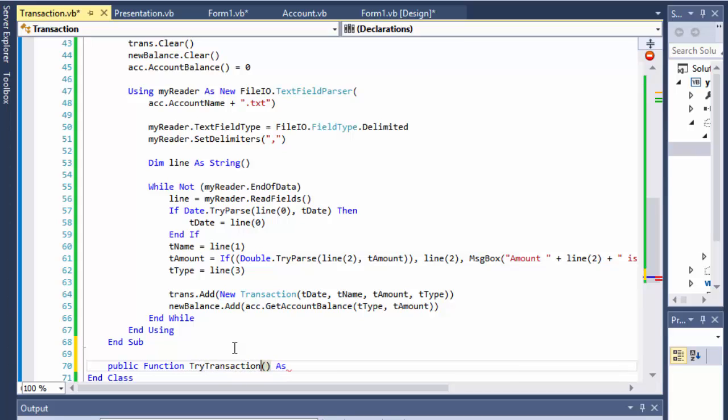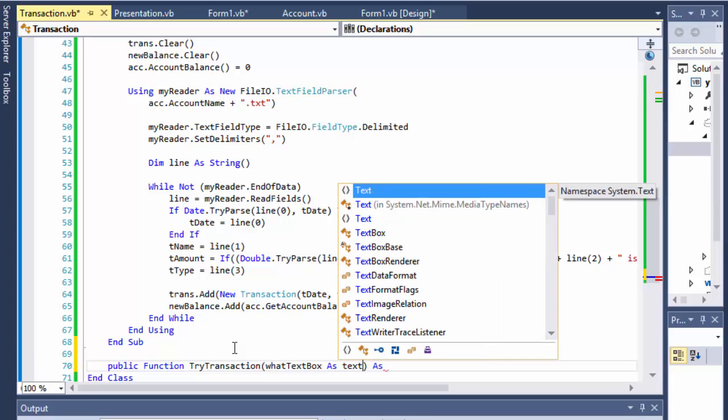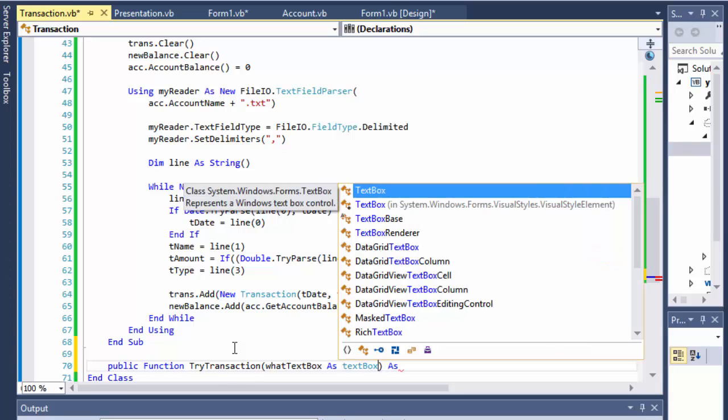This one will validate whether we can actually perform the transaction or not. There might be something wrong with the data already, so it will take the what text box, so we know where the data is, as text box,